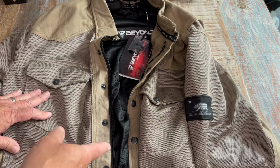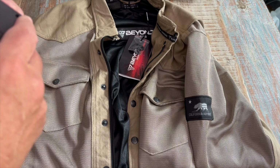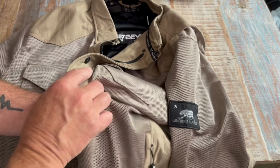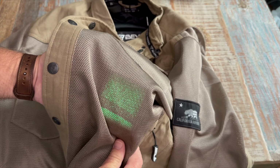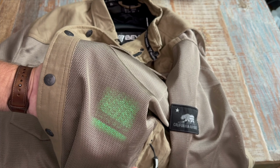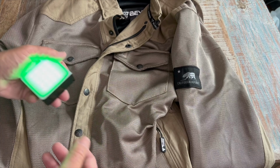So when I saw that they had this mesh shirt, I was like, oh, okay, now we're talking. And just to give you an example right off the bat, let me turn on my handy dandy little light right here, and we're just gonna shine it through so you can see right through the shirt. It's a good strong material, which we'll go over in just a little bit. But yeah, this works great because you're gonna get airflow through the shirt at all times,